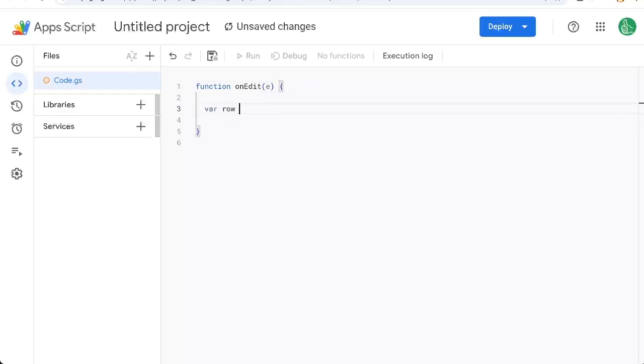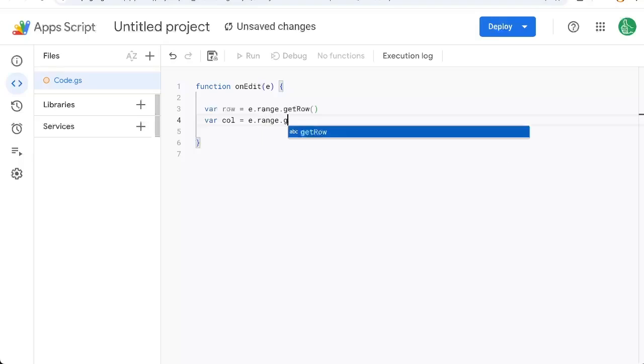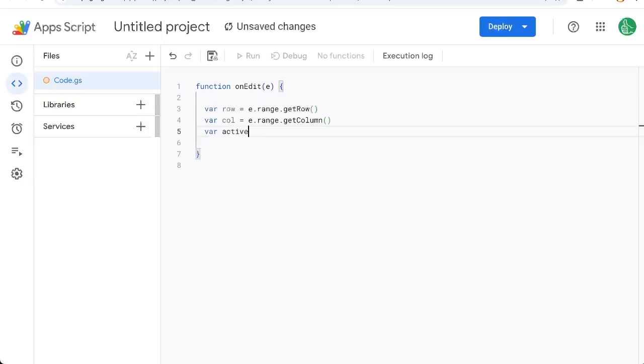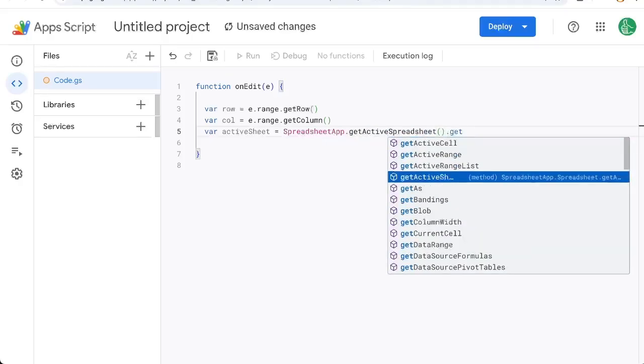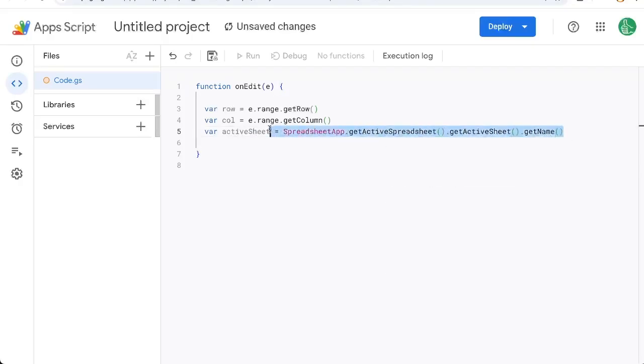For example, we can know what row we're on, e.range.getRow. We know what column we're in, e.range.getColumn. And we'll know the actual sheet we're on, the active sheet, by SpreadsheetApp.getActive, SpreadsheetApp.getActiveSheet, getName. And so we'll get the name of whatever the active sheet we're on. And in our case, it's called tasks. So we'll go back here and we'll say if activeSheet is equal to, that's two equal signs, tasks, then